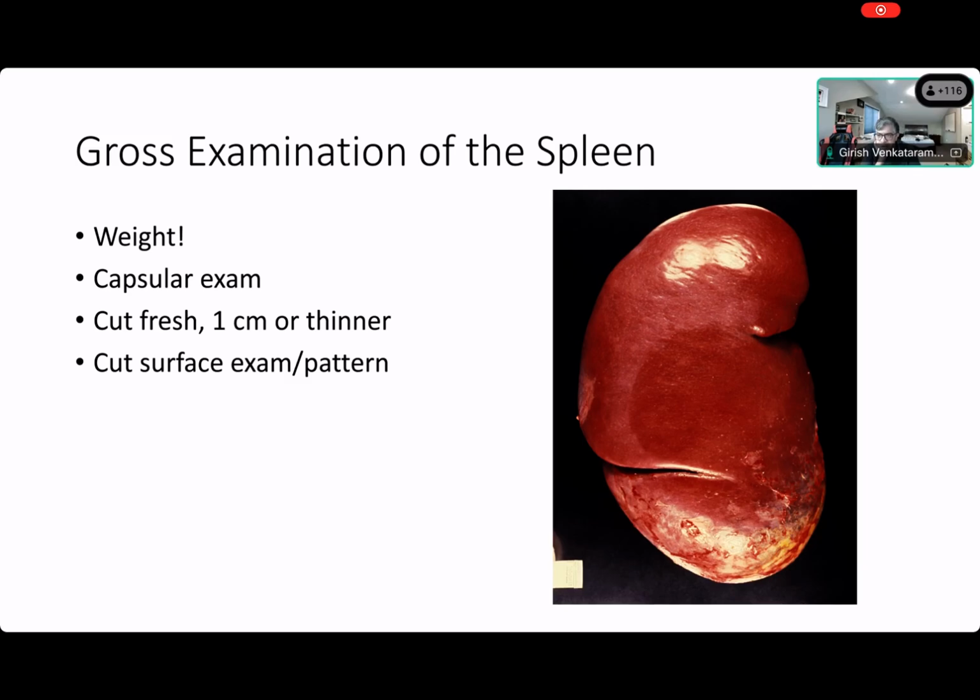So typically, when you see a splenectomy specimen, the weight is critical, right? The weight itself tells you a lot. Always look at the capsule and make sure you've got thin sections because it just won't fix easily. Look at the cut surface and examine the pattern, especially when there's amyloid involving the spleen. There's a very characteristic look to it. So it's not a bad idea to look for focal lesions and diffuse lesions. You can have two different kinds of things, right?